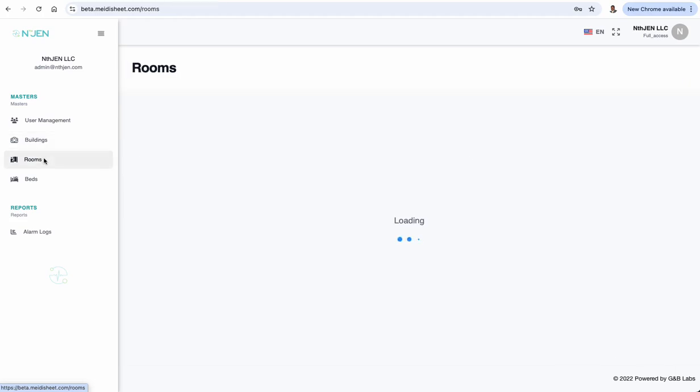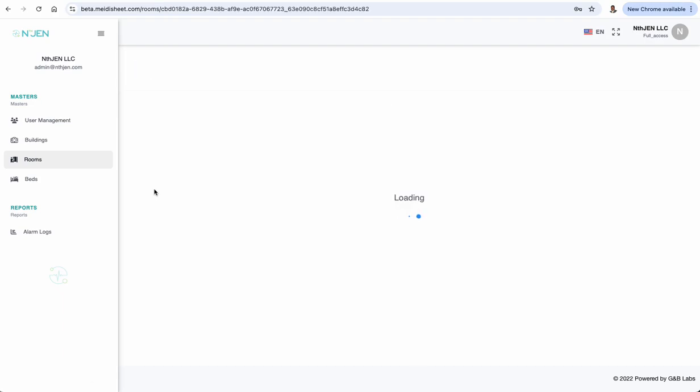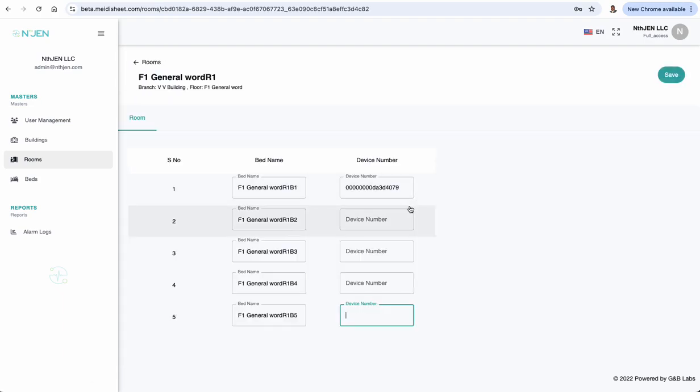Next setting that they go to is the room. It's one of the important pieces. And here we're using the general address for the building, the floors, so on and so forth. I'm going to open this one up as that's the one that we have it in. And this is the room that has the device on it. So this is how it's understood, and the device number is placed into this field,